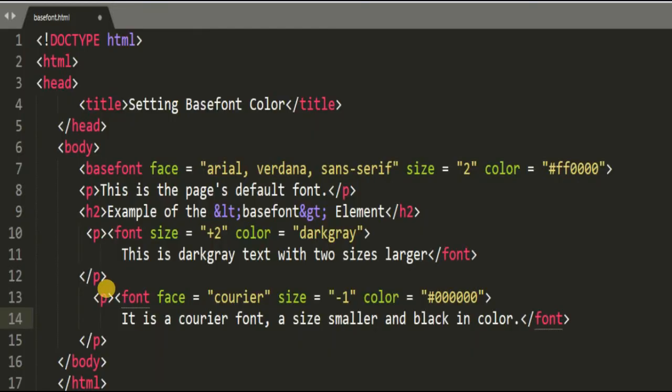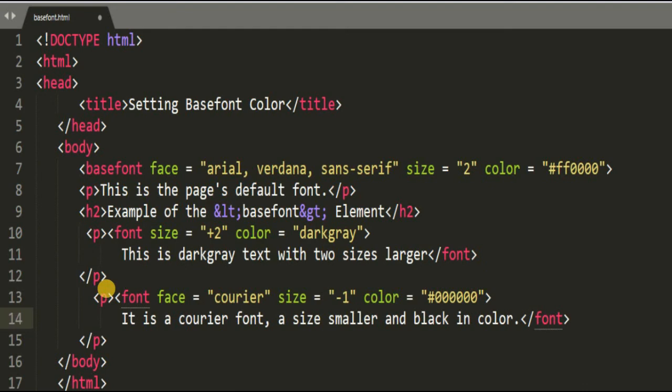Here is the example given for the basefont. Inside the body, we declared the basefont face equal to Arial, Verdana and sans-serif. Any of the three font faces it will take, and we declared the size as 2 and the color by hex code.